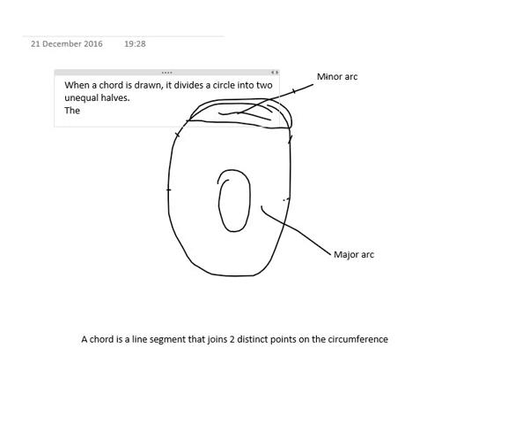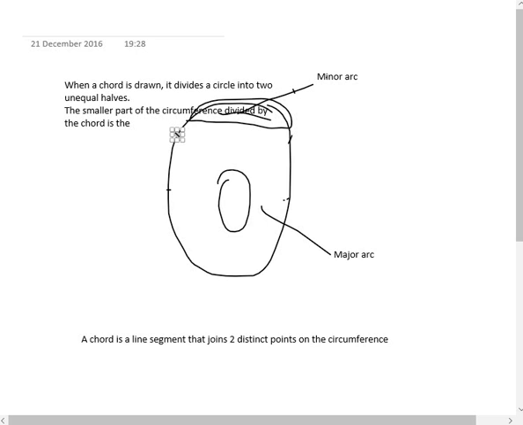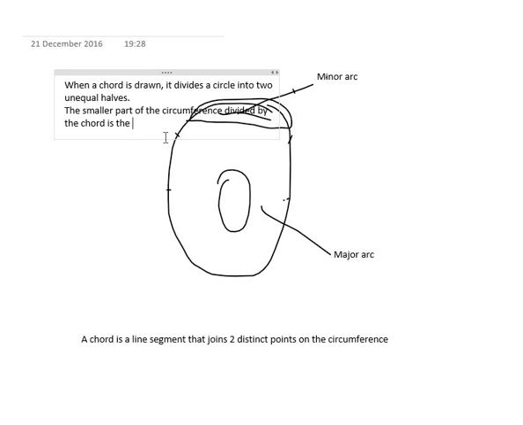Now the smaller part of the circumference divided by the chord is the minor part. Sorry, this is my first time with